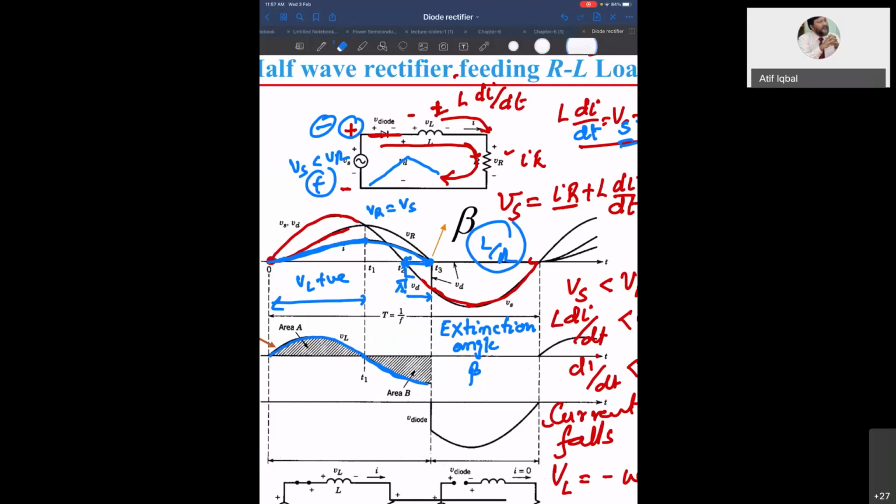You see what the voltage across the load is. I will draw now the voltage across the load. So let us see how the voltage across the load looks. It will look like this. It is the same as the source voltage until this point. But you see, there is still conduction, and this negative portion, because the diode is still conducting. The diode is conducting from here to here. This is the diode on period.